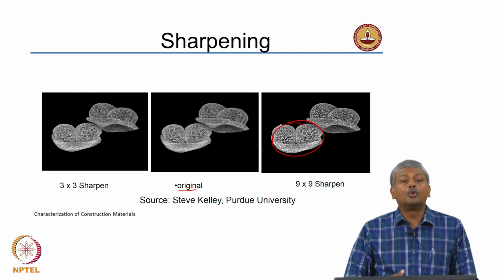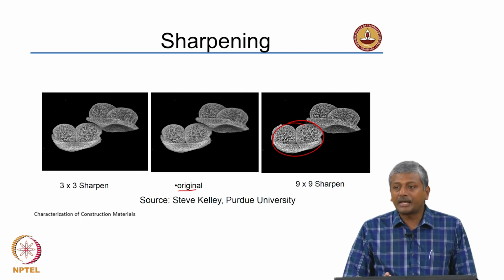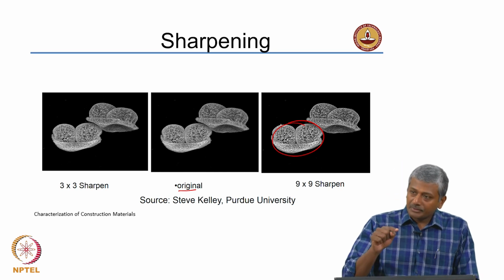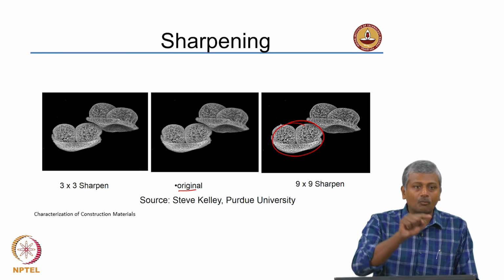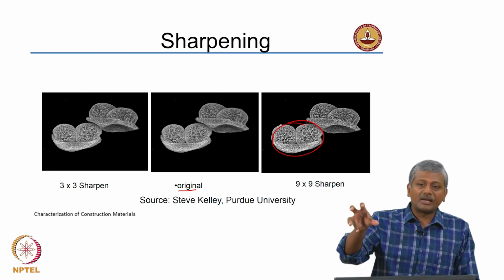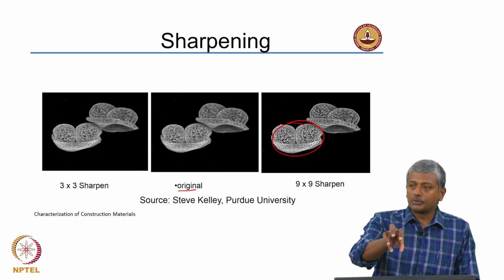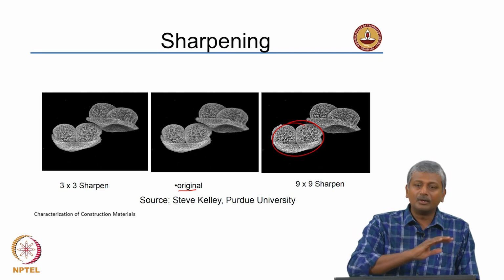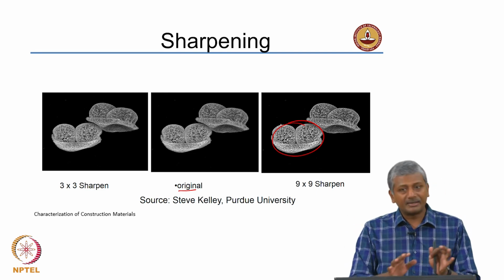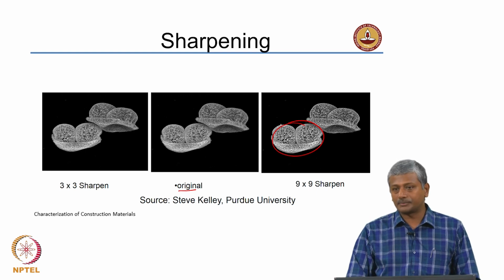You can also get the hole filling type of kernels, in which the idea would be that if there are any phases in the center that are different from what is surrounding, it takes the value of the surrounding pixels and pushes it to the center. So, that is called a hole filling sort of operation. So, there are filters designed for that also.